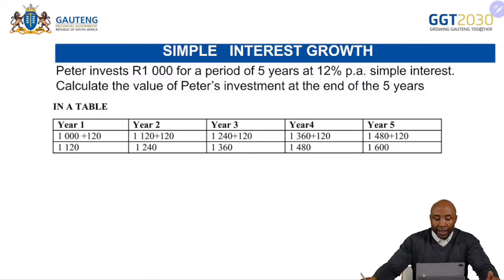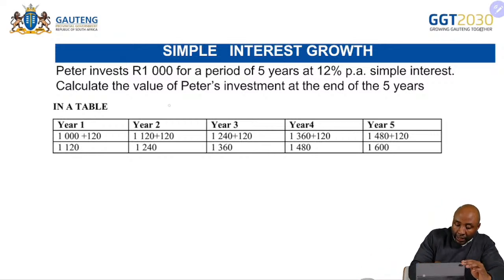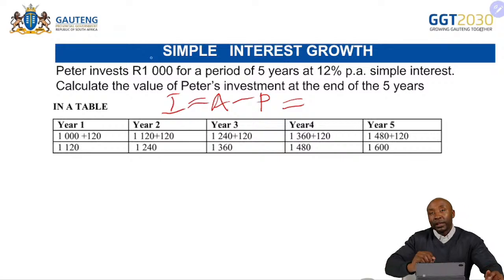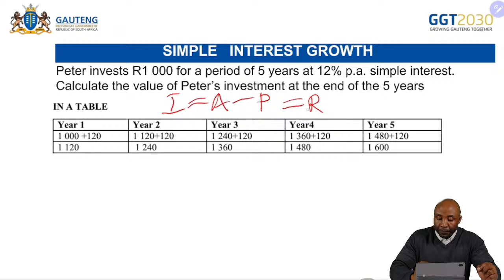So sometimes we'll be asked how much interest was earned. We know that to get the interest that is earned, we are going to say it is the final amount minus the principal amount, and we can say this investment of 1,000 over a period of 5 years earned an interest of 1,600 minus the principal amount, which is 1,000,